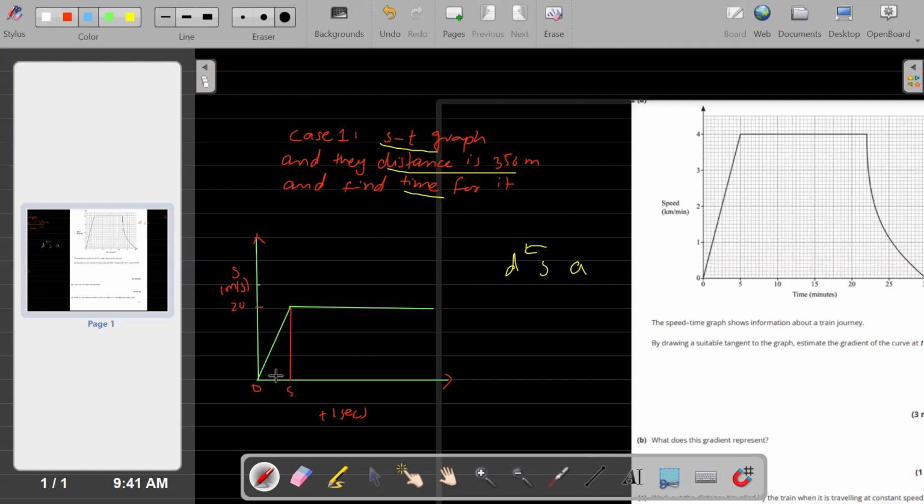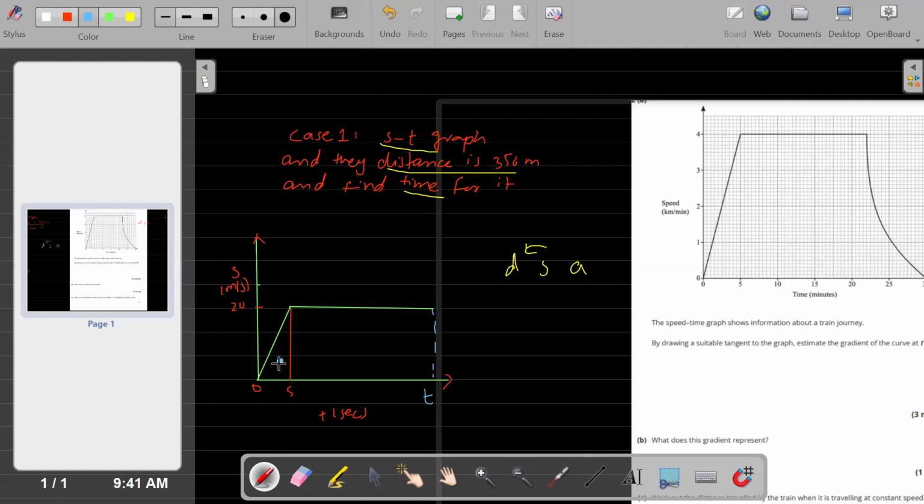I will simply convert this into shapes. Now I'm considering that there is time t somewhere here. And this t, I'm going to close this into a shape and it will make a rectangle and a triangle. Okay. I'm not going to use the formula of trapezium because I have to find